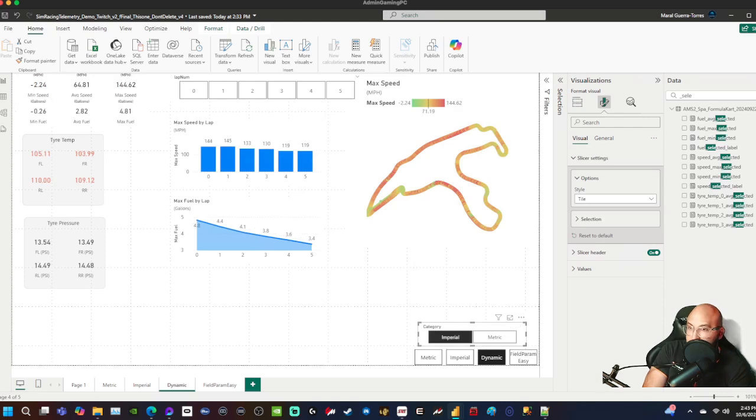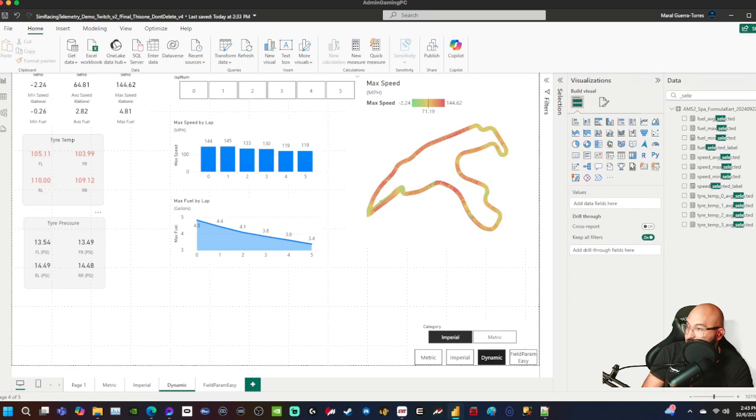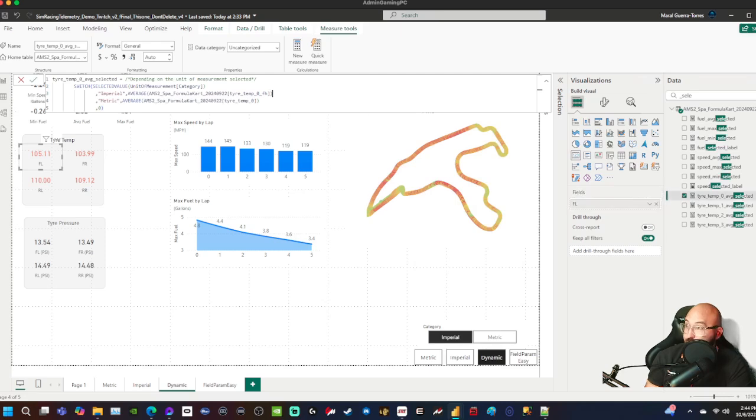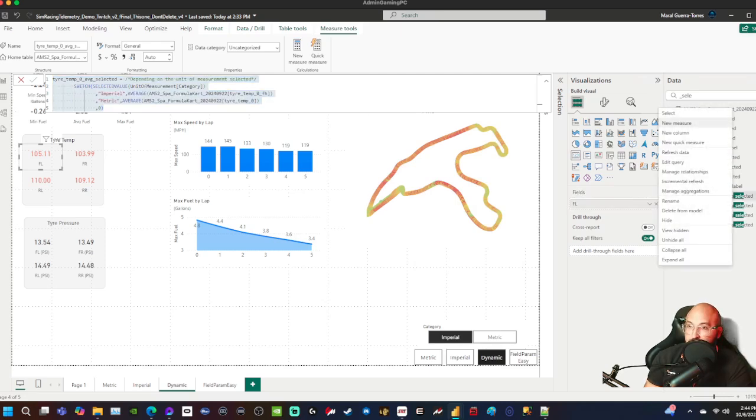I'm going to make sure I can do a forced selection. I think in the slicer settings there's a single select like that. There we go. Make sure it's selected there. All right, so tire pressure is the last one that we have to make dynamic. We're going to go ahead and steal average tire temp from the pressure. So we'll right click, new measure,